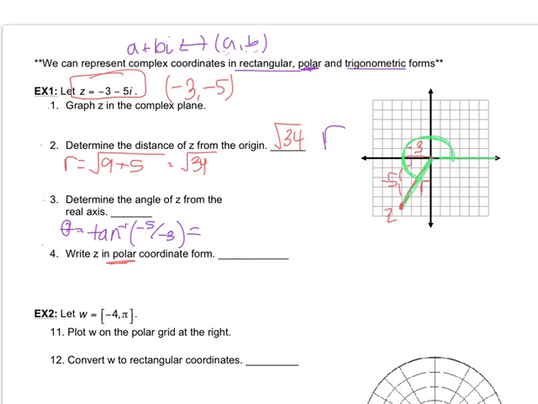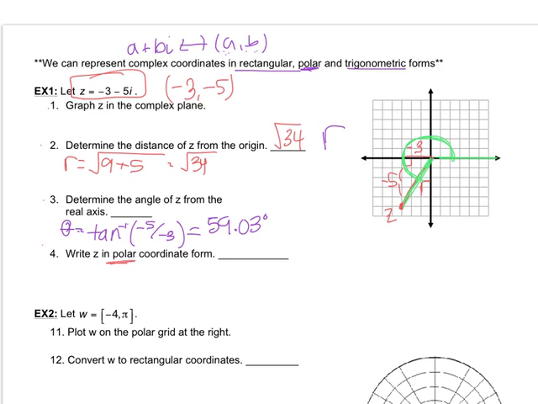Using your calculator, type that in. You should be in degree mode when finding inverse tangent, because we want a value of theta that we can understand, so degrees would be best. We do inverse tangent of -5 divided by -3, and you get 59.03